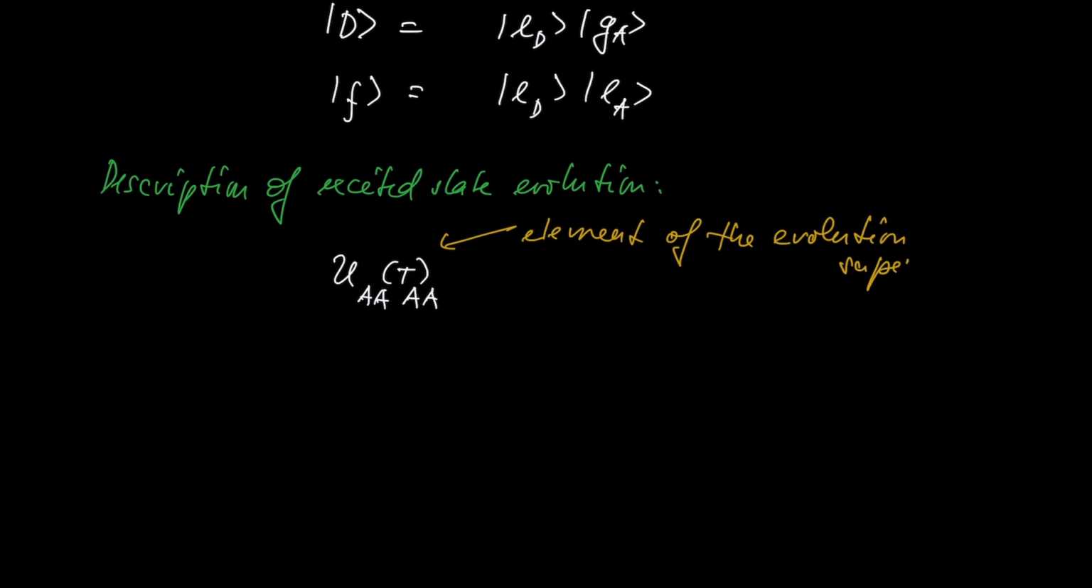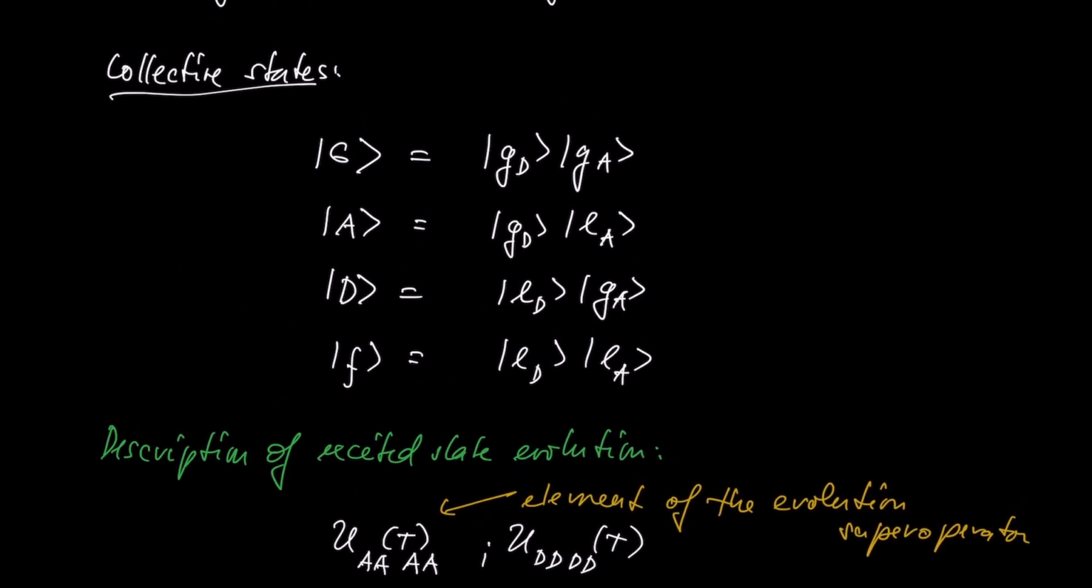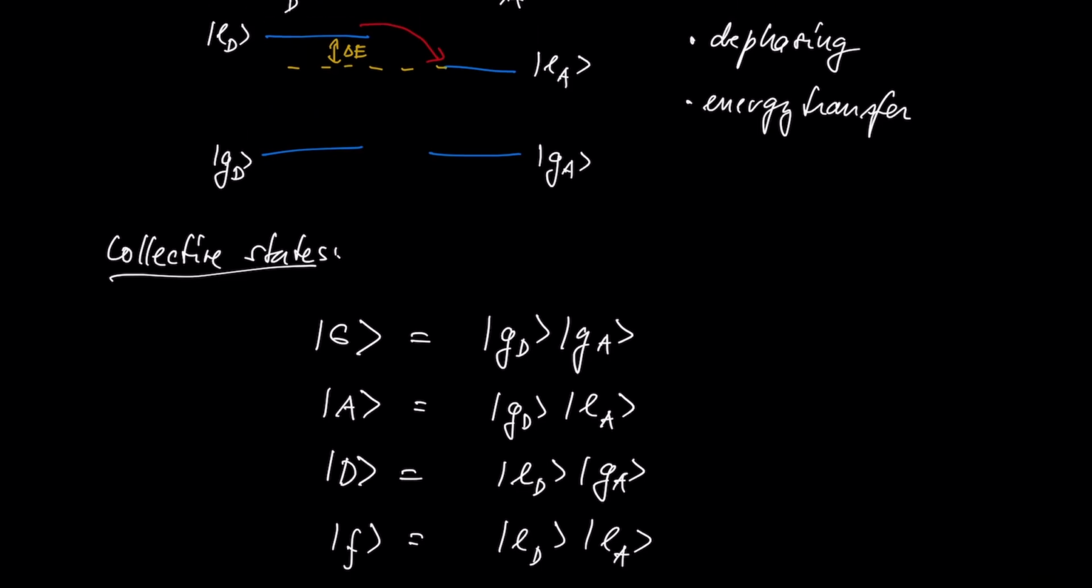And this particular one governs the population of the excited state A. There is, of course, a similar term which would have 4 indices, D, which brings the population of the state D to the population of state D, and then we have evolution which governs the energy transfer. We have energy transfer from donor to the acceptor, so we will have to have a